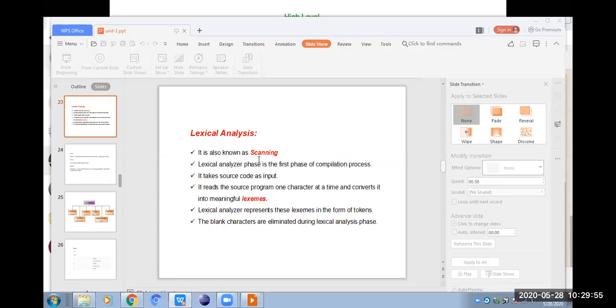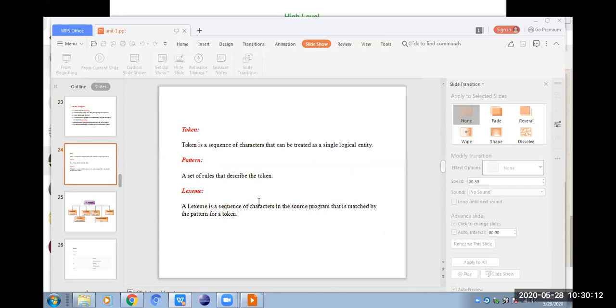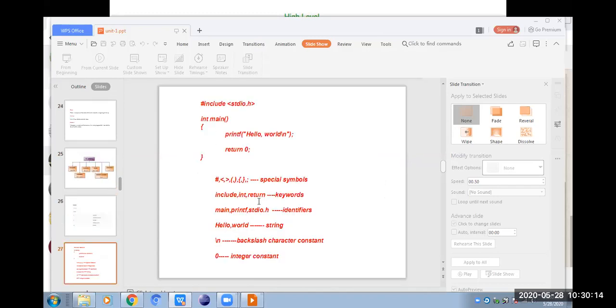Now I think you have some brief idea about the first page of lexical analysis. In one line, if anybody asks you, the answer is: the duty of lexical analysis is to identify the set of lexemes in the source code which match the tokens of the programming language. That is lexical analysis. If you give this program as an input to the lexical analysis, it will give this. These are the lexemes, and these are the corresponding tokens. Like this, it will separate them.